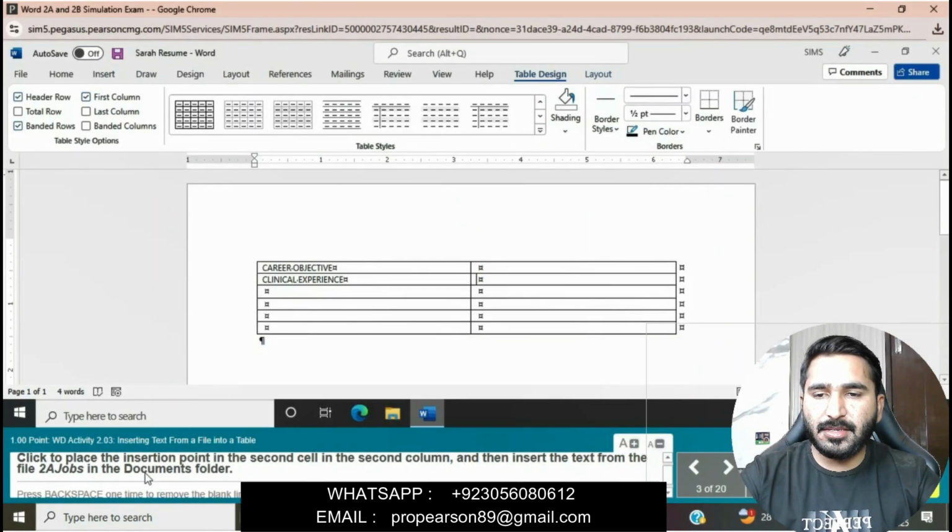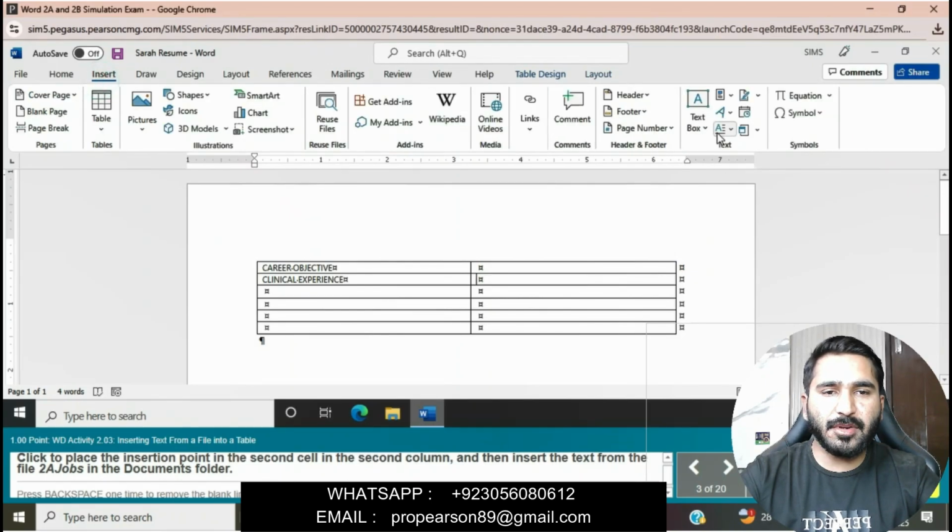Click to place the insertion point in the second cell in the second column and then insert the text from the file 2A Jobs in the document folder. You can read this question. Click on the Insert tab, then Text from File.